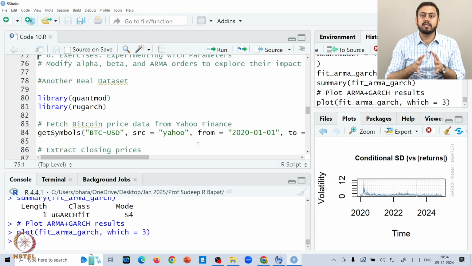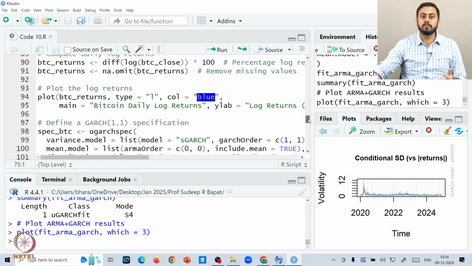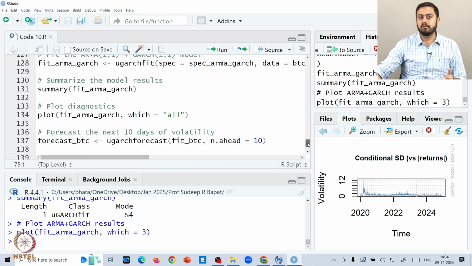So far we have seen how to simulate from ARCH/GARCH processes, how to model them, how to forecast them, and how to play around with some real data. In this context we took an example of the NYSE returns data and tried to fit a GARCH(1,1) model and an ARMA(1,2) plus GARCH(1,1) model on the NYSE returns data, okay. But if you want to play around with another real data set, which is the Bitcoin data, you can of course scroll down and do the exact same thing on the Bitcoin data as well if you want. Make sense? Alright.